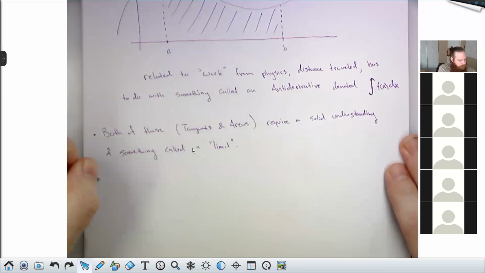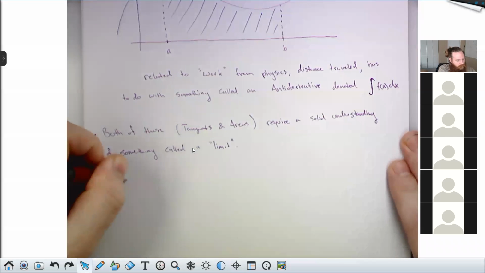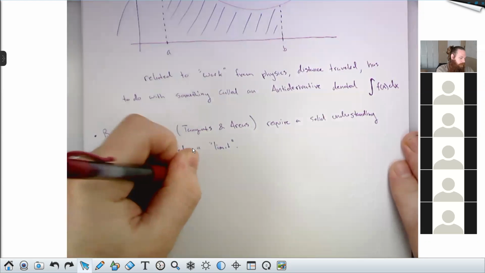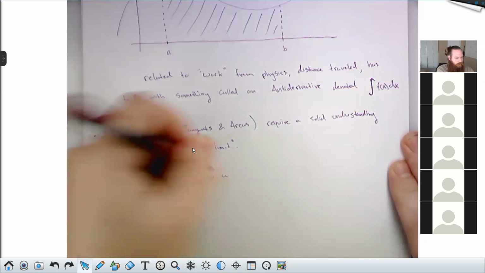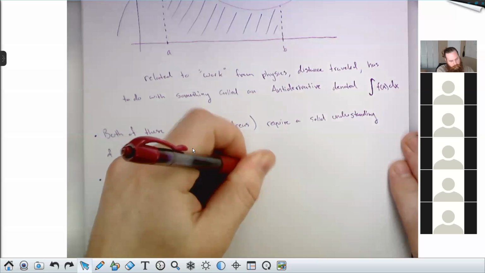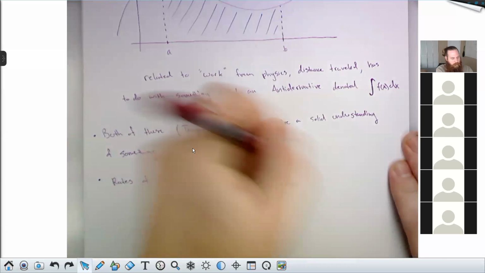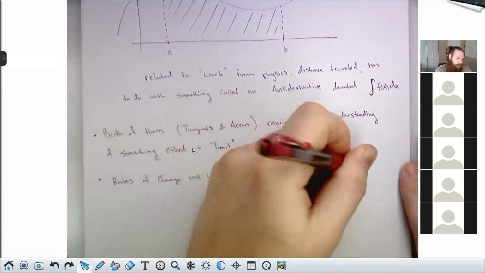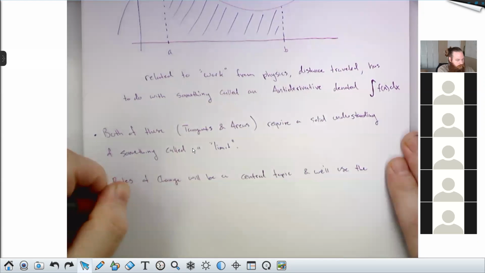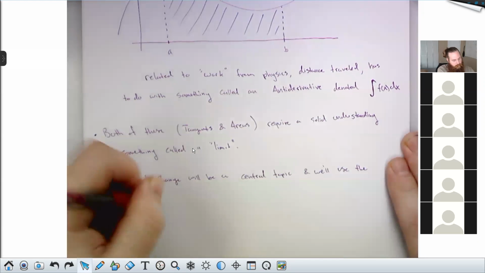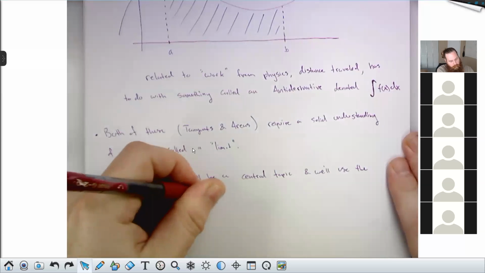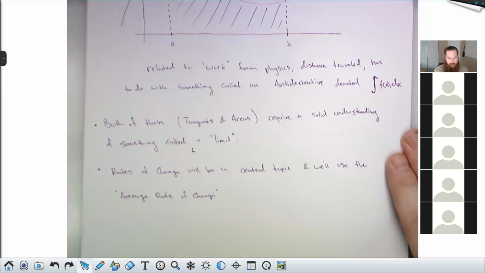One other thing I want to mention here is that rates of change will be a central topic. And we'll use these. We'll use the average rate of change, that horrible difference quotient thing from pre-calculus that you may remember.